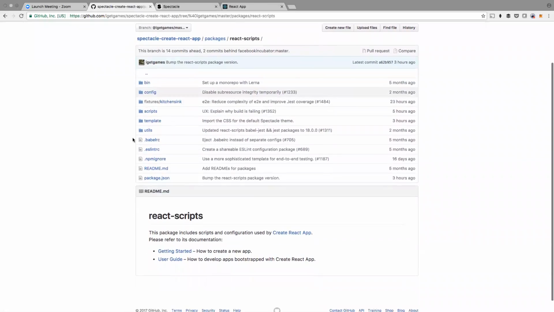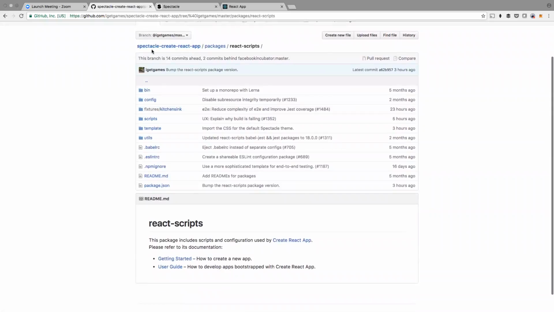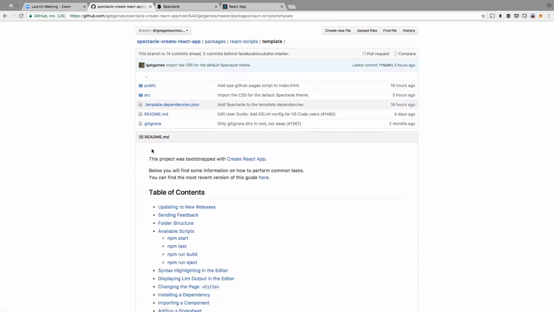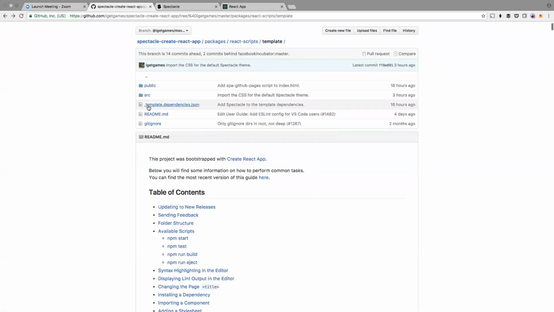What I ended up having to do was, underneath my fork, I have packages and then React scripts. Remember, React scripts is the package that provides all the magic. There is a template folder. Template has all the files that it will create with your boilerplate once it generates your project. The only thing that's really of note here, besides where I made my modifications, is a file in here called